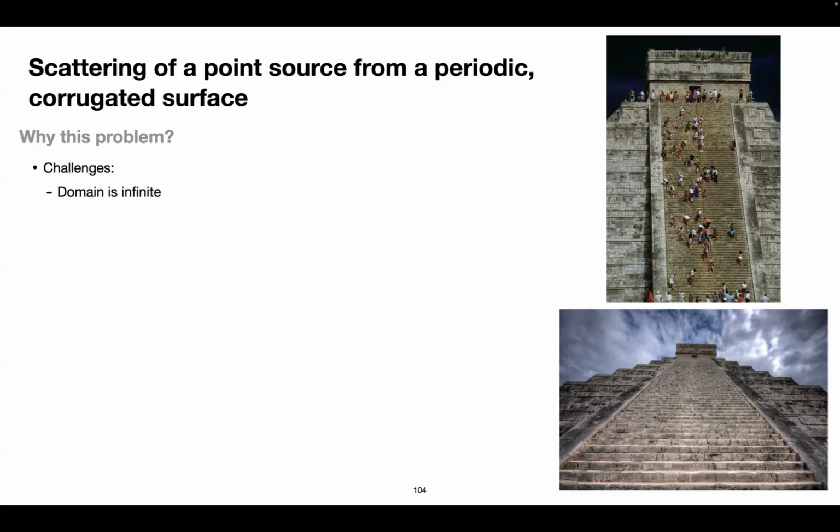The first thing is that the domain that I'm solving the PDE on is the exterior of the stairs. So sound doesn't penetrate the stairs, it just occurs in air, right? But that domain is infinite, it's unbounded. In PDE solves, you normally have to discretize, so lay down some sort of grid on the domain that you're solving. But if the domain is infinite, then what do you do? So normally you get around this by chopping off part of that domain, which is called truncation.